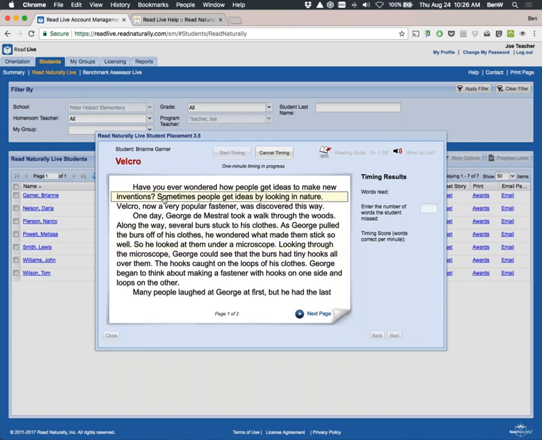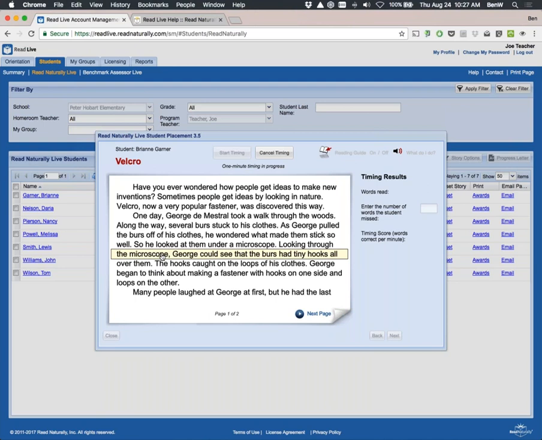As Brianne is reading, I'm counting the number of words that she mispronounced or skipped or stopped on for more than a few seconds. We have a rubric on our website, an outline of what words to count or not count when you are calculating difficult or missed words. I'll show you that when we get into our resources. Another way to count missed or difficult words is to remember the mnemonic stop, stumble, skip: stop for more than a few seconds, stumble over a word, or skip the word.